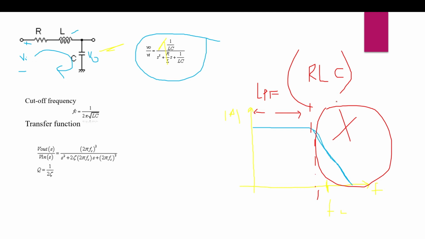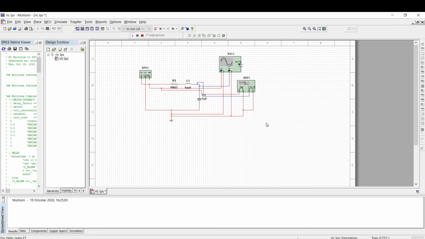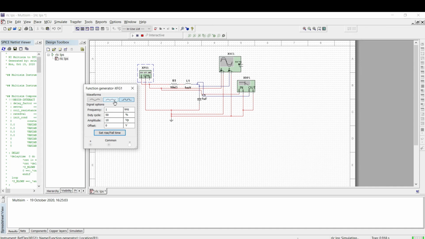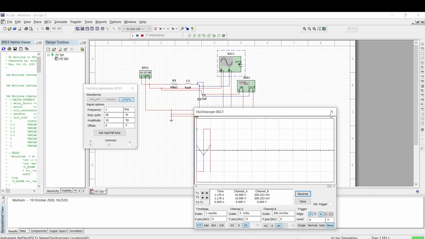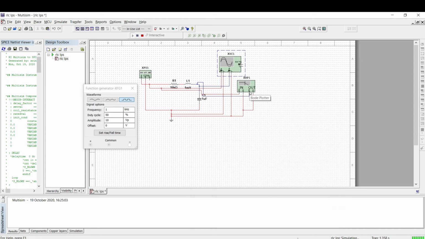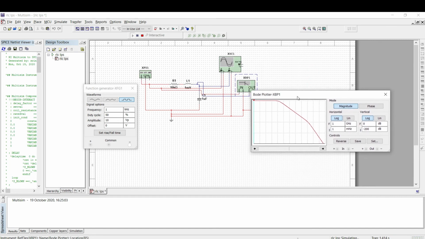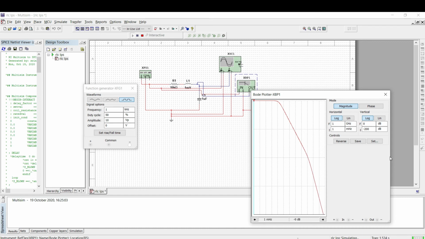So now let's understand the things more clearly in the Multisim software. Let's go to Multisim. You can clearly notice here in the file, this is the RLC circuit. This is the function generator. I am giving an input of square pulse, triangle pulse, anything, however we can choose. This is the oscilloscope. The low pass filter itself acts as an integrator, and we will check this too. First, our aim is to check whether it is behaving like a low pass filter or not. So this is the response of a low pass filter.